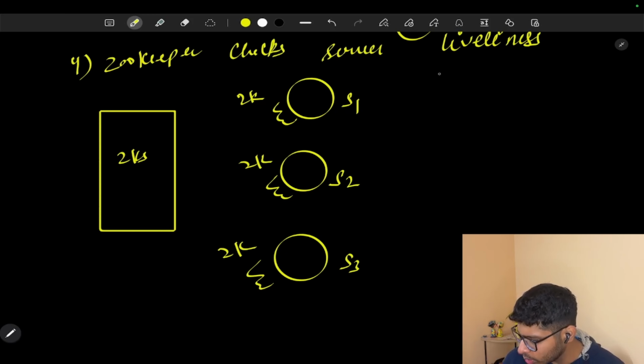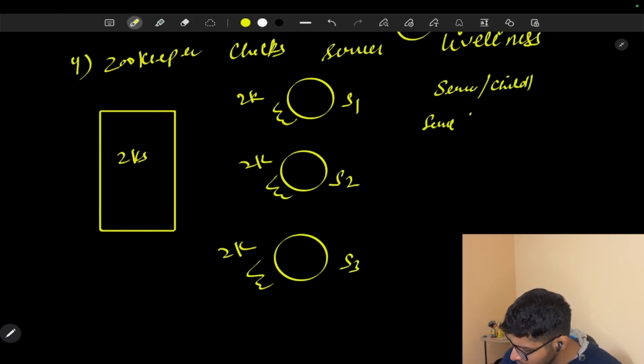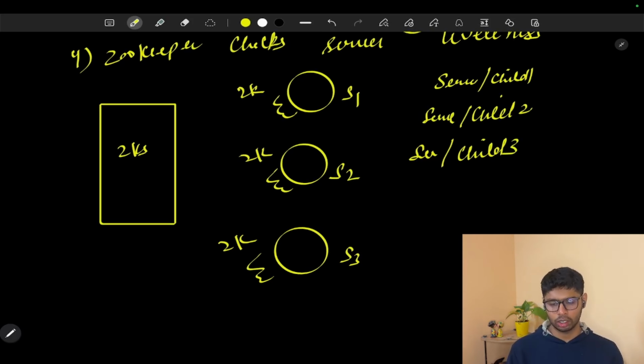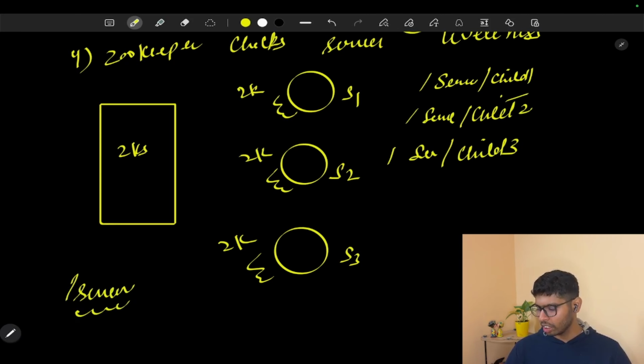So suppose the first node is going to be slash server. Then it is going to have child 1, child 2, and child 3. So this is how these three Zookeeper clients are going to make their nodes. And one more thing these Zookeeper clients are doing is watching the particular node slash server. All these nodes that are created, child 1, child 2, and child 3, are the children of this particular node slash server.